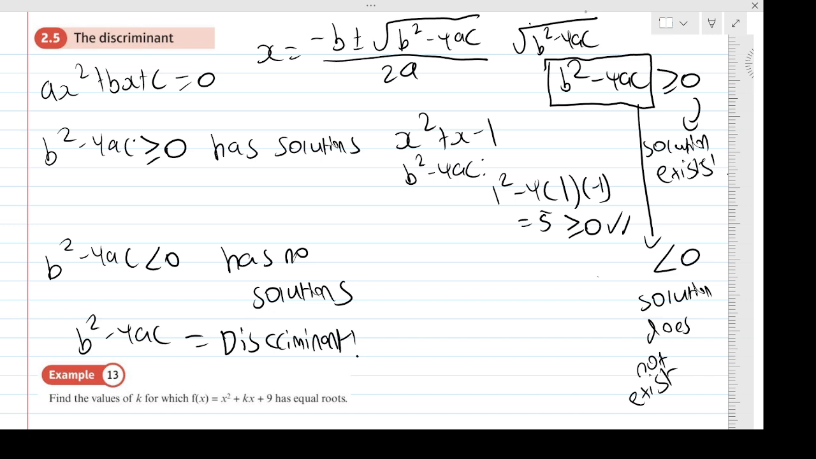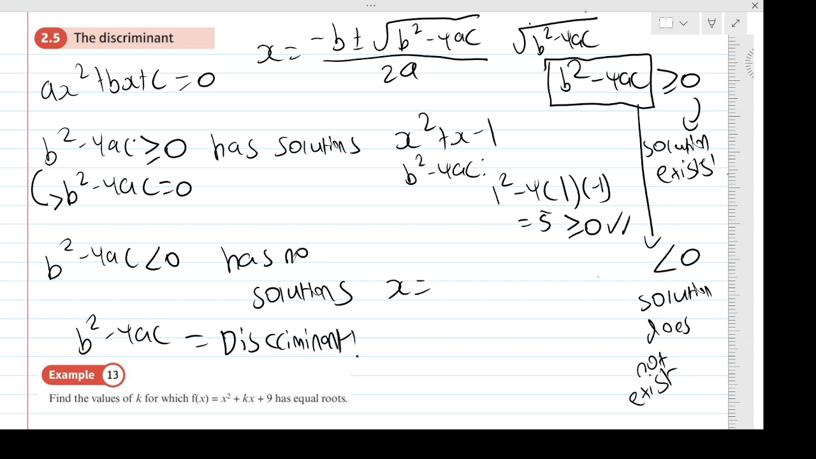Okay, so we've looked at these two cases here. So it has solutions but has no solutions. But I notice it's greater than or equal to 0. I think we can investigate that a little bit further. What if b squared minus 4ac equals 0? Exactly 0. Well, then the quadratic formula,